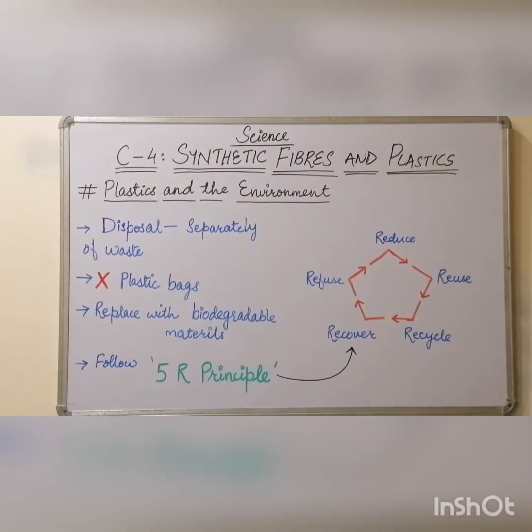As a first step, what we can do is dispose of the biodegradable and non-biodegradable waste separately. Separate disposal of the waste has to be done whenever we are dumping whatever garbage is there at homes. So there has to be a separate disposal system wherein we can have separate bins for biodegradable and non-biodegradable